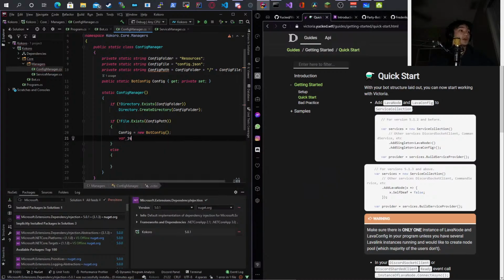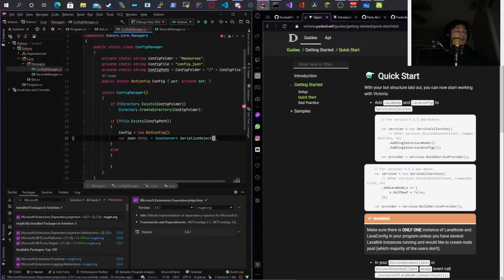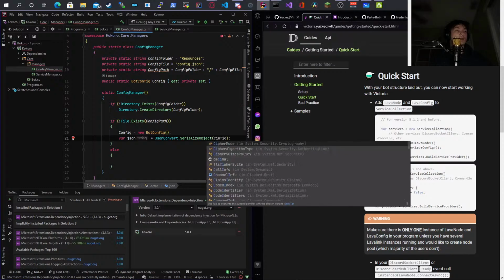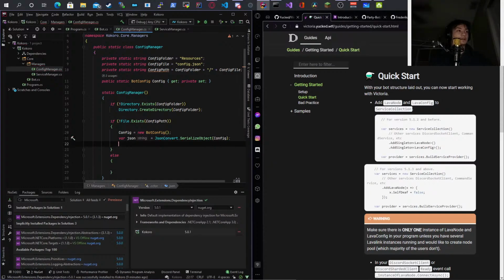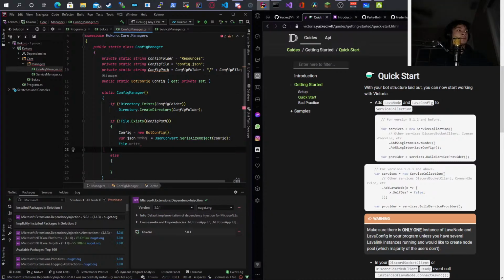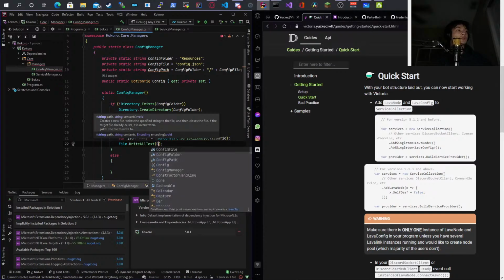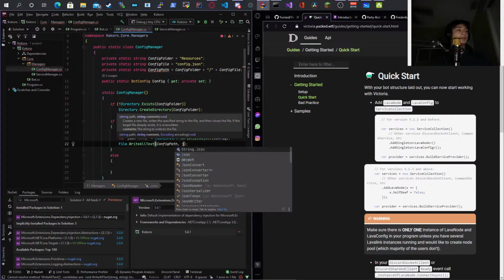Now what I can do is var json equals JsonConvert.SerializeObject, and it's going to be config. Then I can do File.WriteAllText, and it's going to be config path and json.